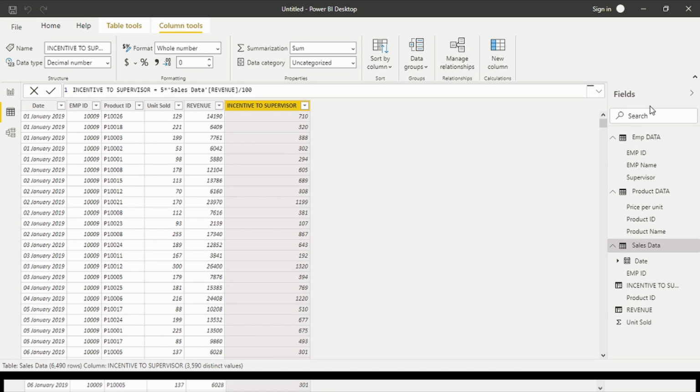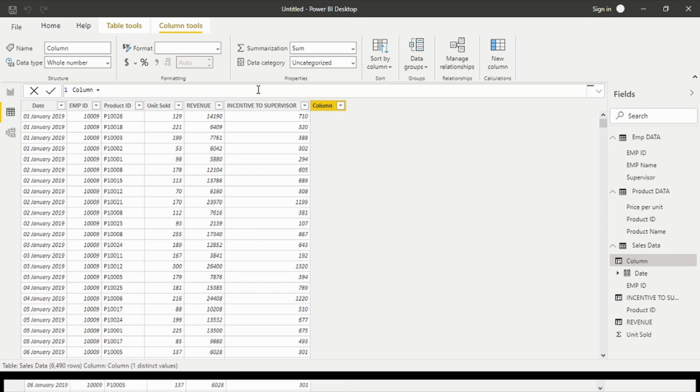We add a new column with the same procedure and write down here: we give 10%. So 10 into sales data revenue divided by 100.